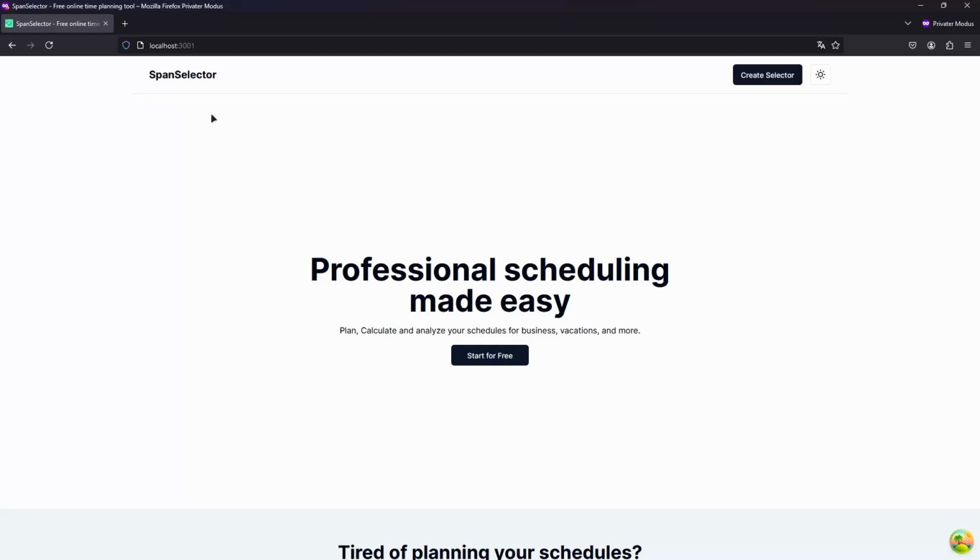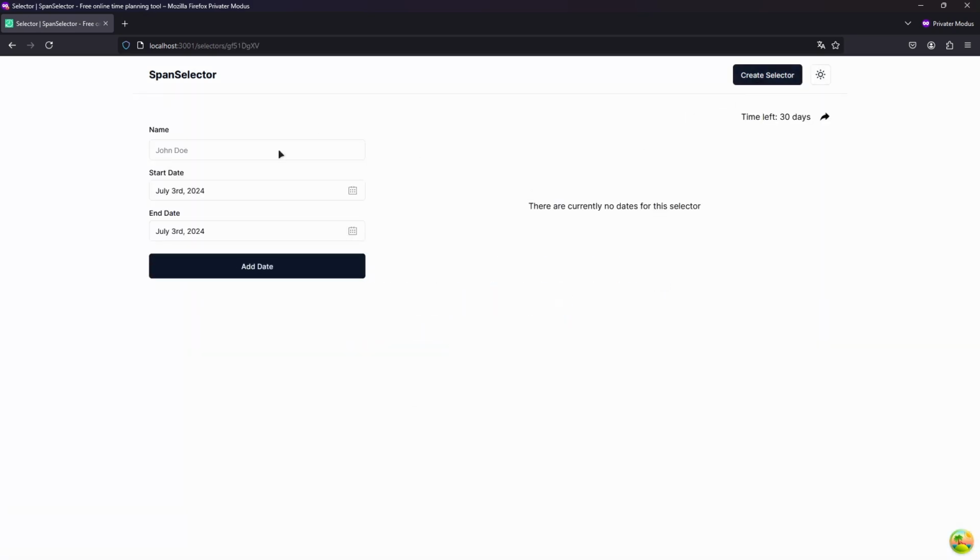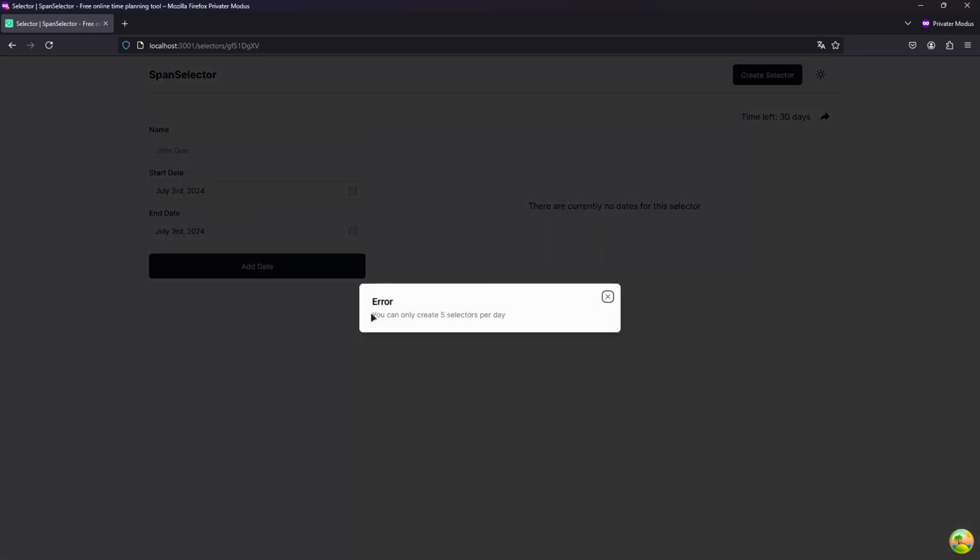When I was working on my AppSpan selector, I wanted people to be able to create a selector for free, but only up to 5 times a day. As soon as I click on create selector, a selector is created. And if I click on it again, I get an error message that I can only create up to 5 selectors a day. And in this tutorial, I will show you how I created this rate limit